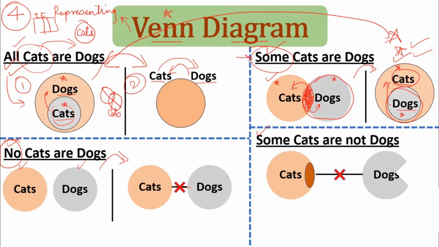Next is some cats are not dogs. Very easy again. So draw cats first, draw dogs first. Not dogs, some cats. So draw a small community of cats over here, this dark circle. This small community of cats, some cats are not dogs. So these cats in dark are not dogs. The rest of the cats can be dogs or cannot be dogs, we do not know. But we know for sure, it is a 100% guaranteed thing that this dark portion, the some cats, is not dogs.